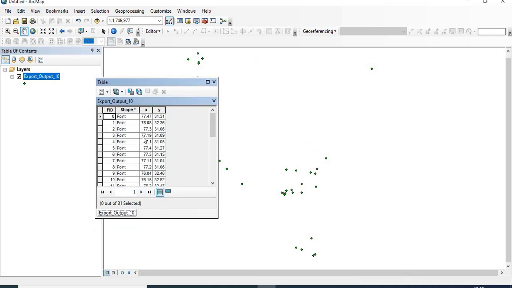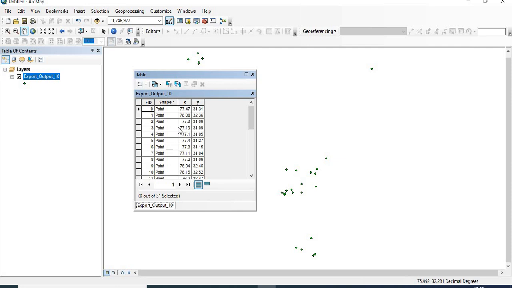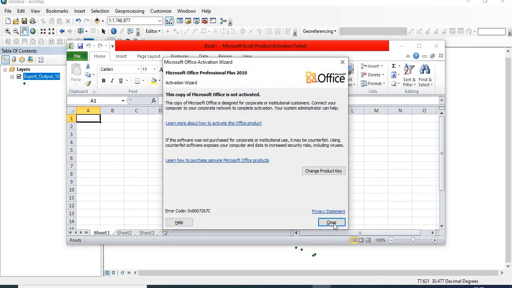Here you will see that the XY values have come up, and if you want to compare, look at the beauty of this technology. If you want to compare whether all these values have come up in a systematic manner, you can check from this Excel.